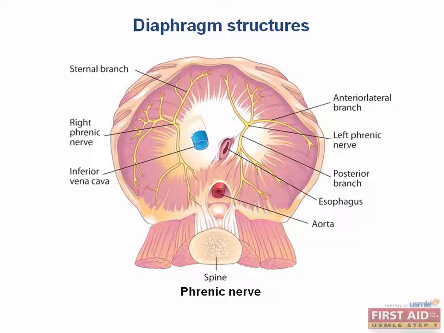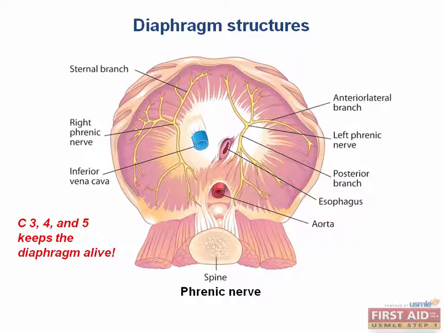The diaphragm is the primary muscle of respiration. This muscle is innervated by the phrenic nerve, which comes off of C3, C4, and C5. Remember, C3, 4, 5 keeps the diaphragm alive. If the diaphragm is irritated, where will the patients report pain? Correct, in the shoulder and trapezius ridge. Now what kind of pain is this? This is referred visceral pain. For example, an inferior wall myocardial infarction might present atypically as shoulder pain. The infarcted myocardium sits on top of the diaphragm and will irritate the diaphragm surface, thus referring pain to the